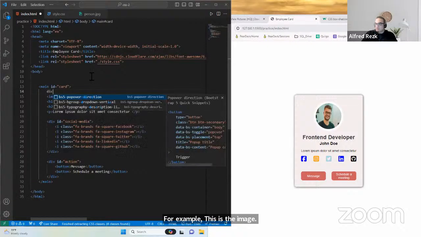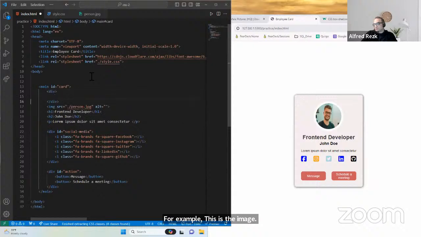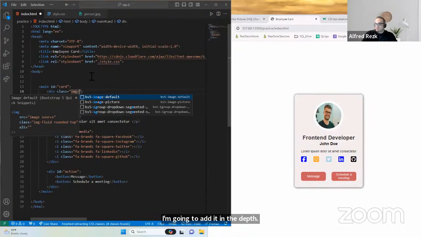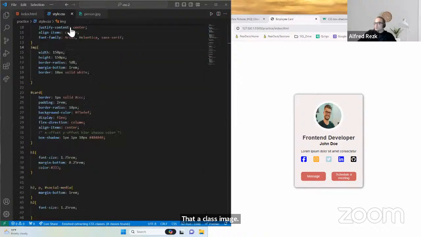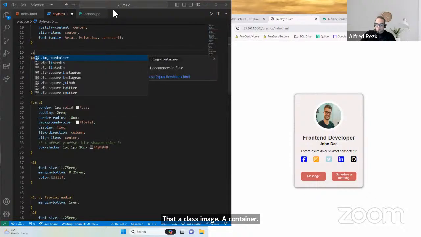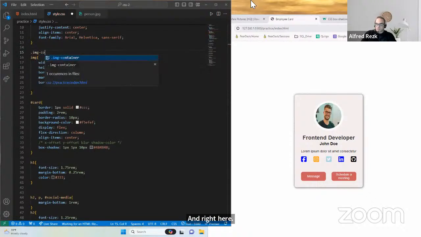I'm going to add it in a div. Add a class image container. And right here, before the image container,